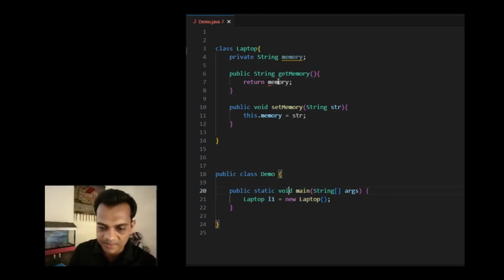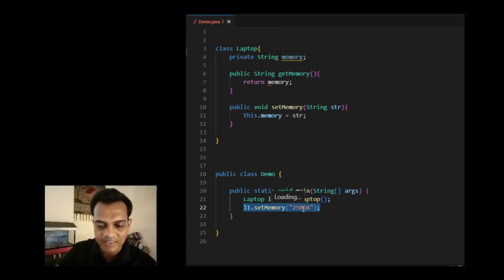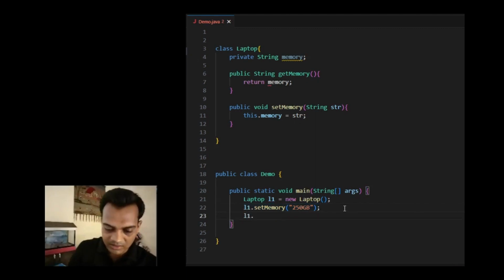Now by using this object, I should execute the setter method first of all. So I write l1.setMemory. Say that 250 GB is the memory of my laptop, and I have set this. So when this instruction is executed, the private variable, which is the instance variable of the class, memory, which is related to the l1 laptop, is initialized to 250 GB. Now whenever I call the getter method, getMemory,